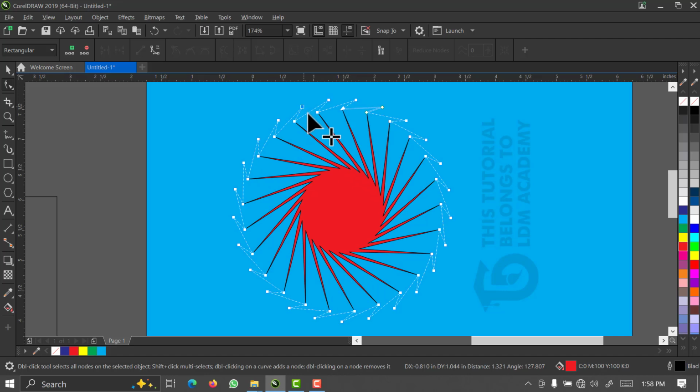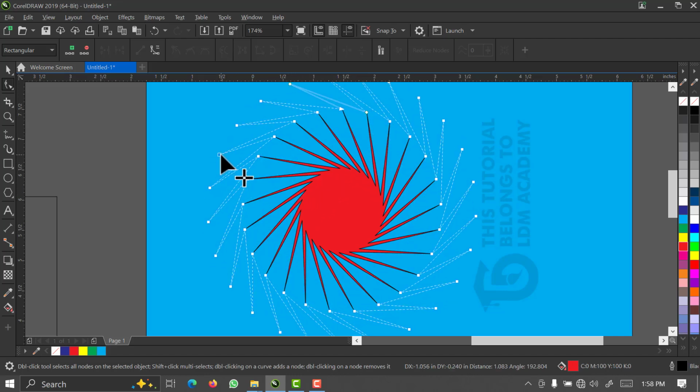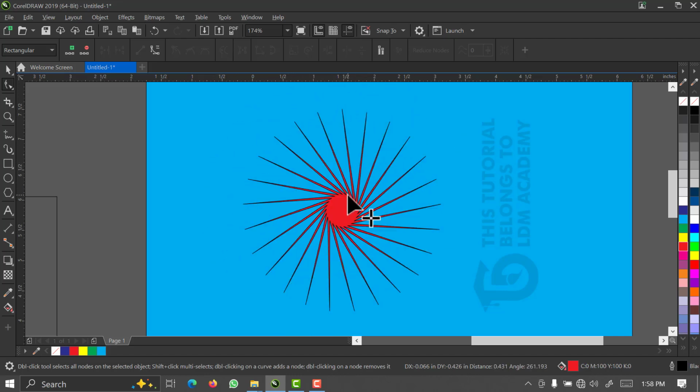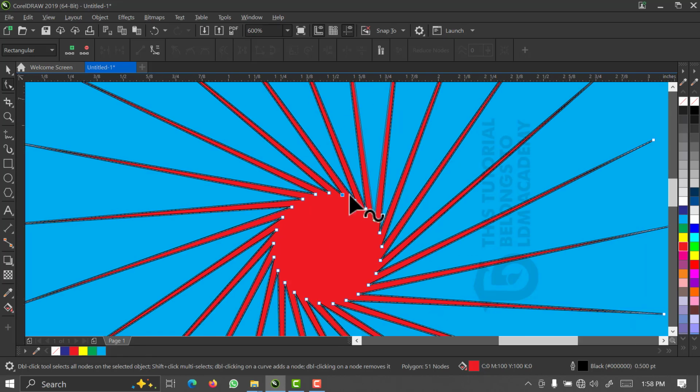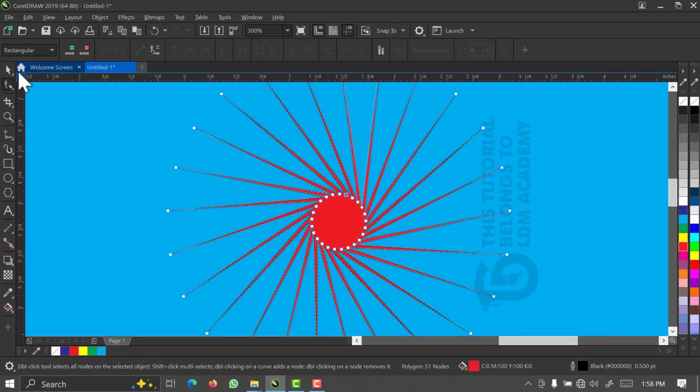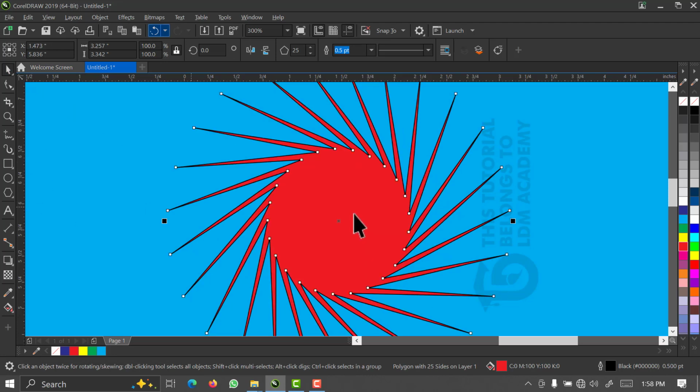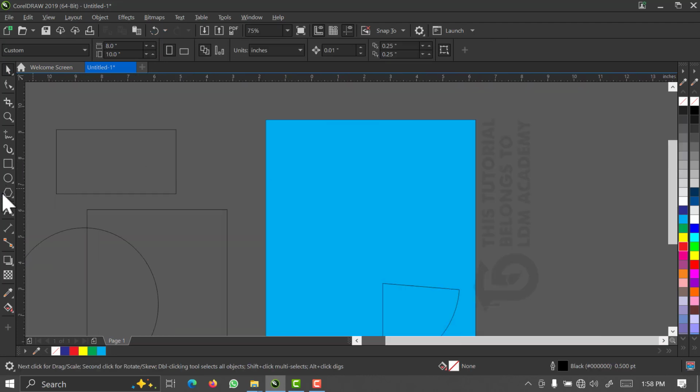Alright, you can use it as it is now. You can use it to create backgrounds, you can use it to create effects in your design, you can use it to do so many things that you can't even imagine. Alright, and what else? Now let's move to the next tool. Next tool we have here is